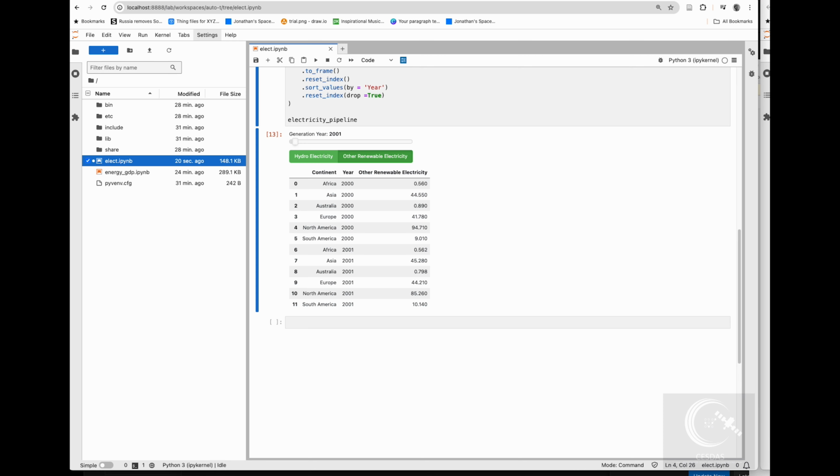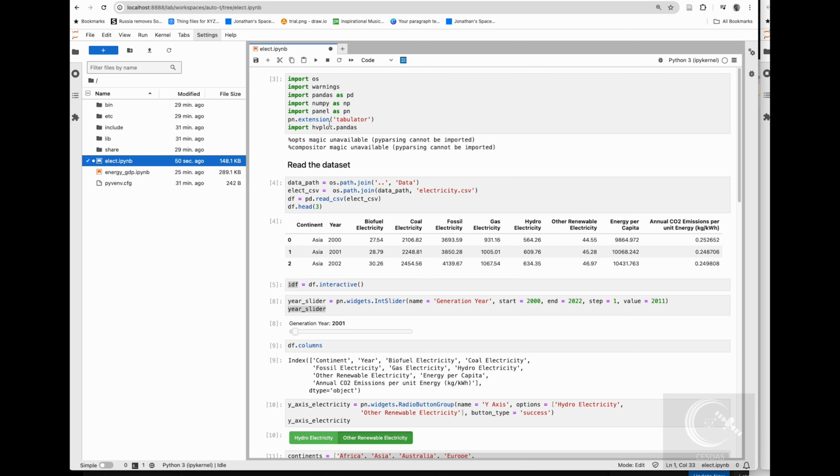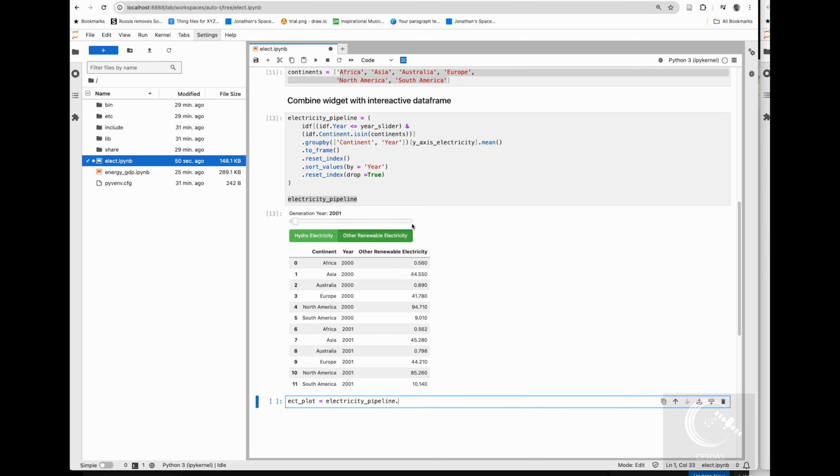So now the next step is to plot these values and make them interactable. So I'm gonna do a line plot. I'm gonna do ECT plot equal to. So I'm gonna take this pipeline here. This is what I'm gonna plot, and use a function of hvplot that we defined here. So I'm gonna do pipeline dot hvplot dot line, since it's a line graph, and then